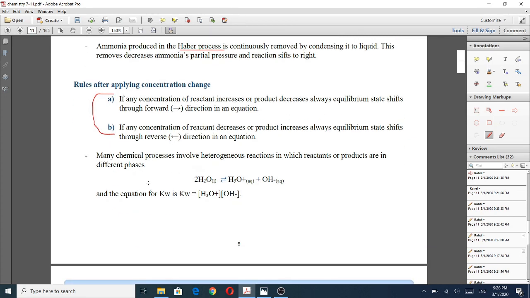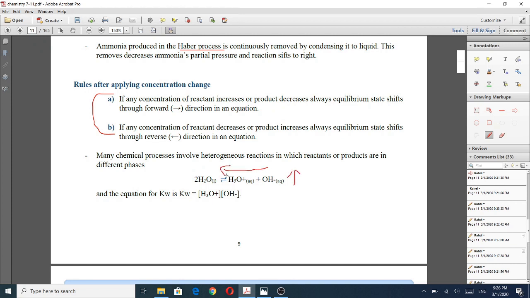Now, another example. You remember this reaction from self-ionization of water, which water basically self-ionizes to form H3O and OH, and the concentration of both of them multiplied would be 10 to the power of negative 14 at 25 Celsius. So if you remember, by increasing concentration of H3O, concentration of OH decreased, and vice versa, by increasing concentration of hydroxide, the concentration of hydronium decreased. Why is that? Let's apply the same rules that we have studied here. If we increase concentration of OH,